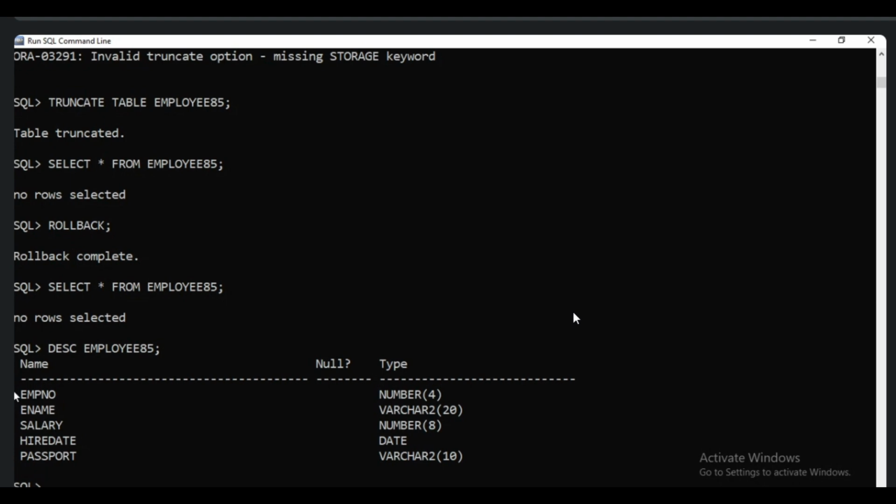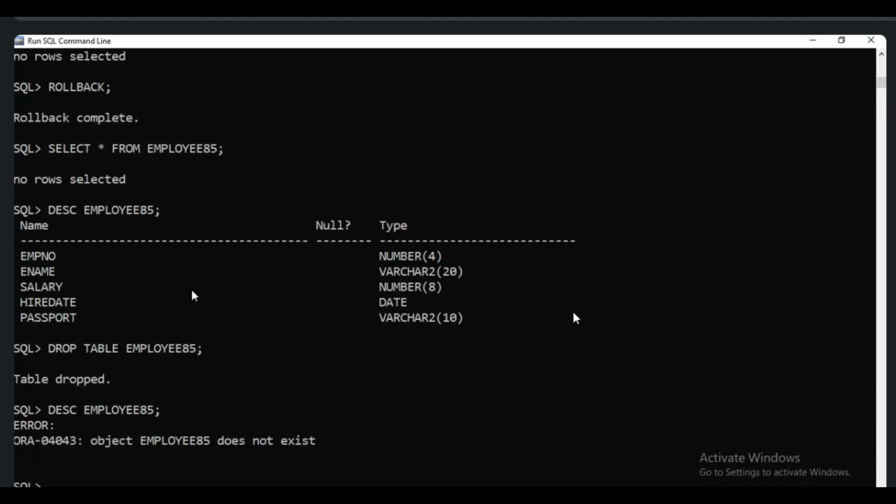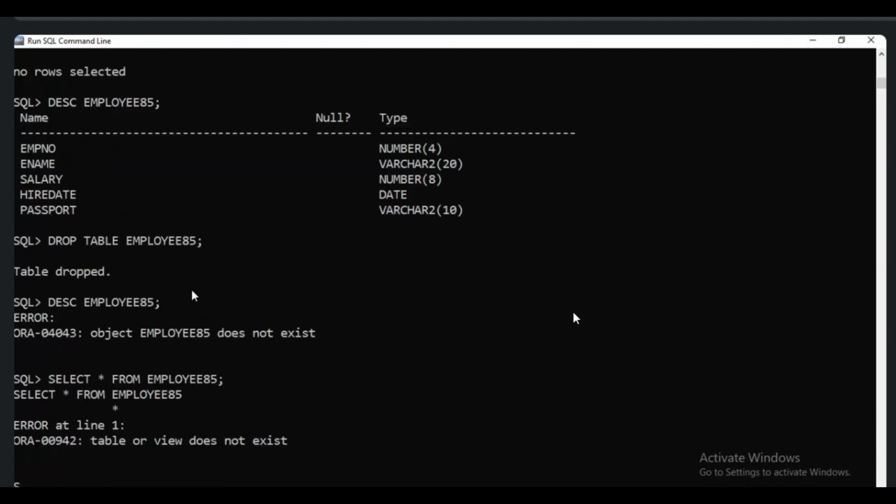Okay. If I want to remove the table, we can go with drop. If I want to drop any column, use alter with drop. If I want to drop the table itself, drop table name. Okay, the table is dropped. Drop means it will drop the table structure and data. So even if there is no data and only the table structure is there, the table structure is dropped. Even select we cannot do. So you mark it here: DDL, DML, TCL commands.